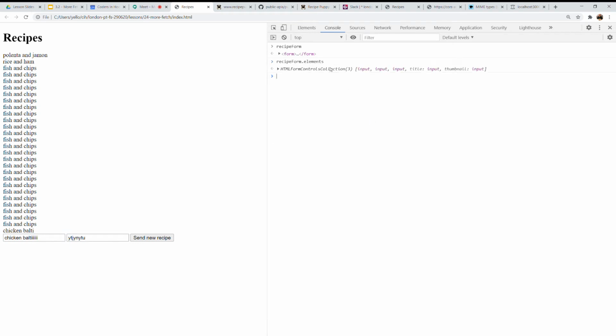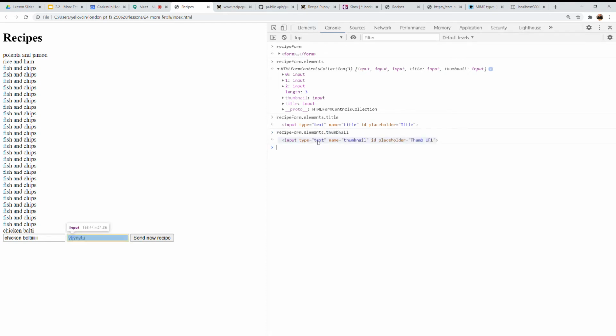form.elements, which is a sort of slightly weird object that's kind of like an array but kind of like an object, and it has a key of whatever the names of these input fields are. So recipe form.elements.title is that element. Recipe form.elements.thumbnail is that element. So that you might argue it's sort of longer, but recipe